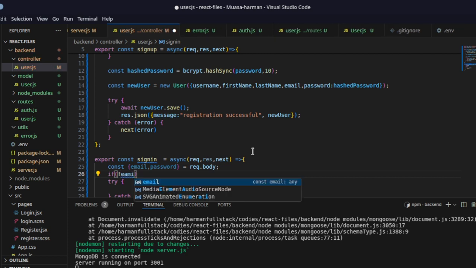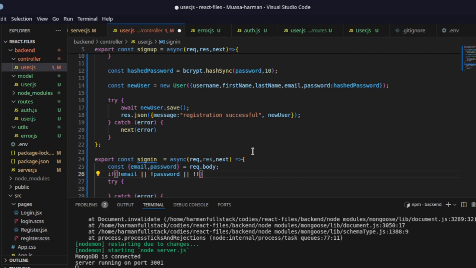So if there's no email, or there's no password, or email is equal to a blank string, or password is a blank string as well,